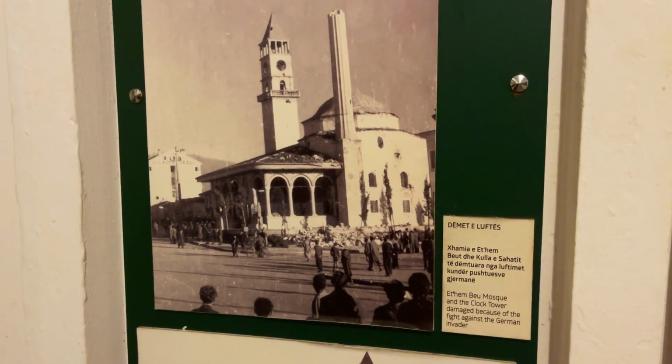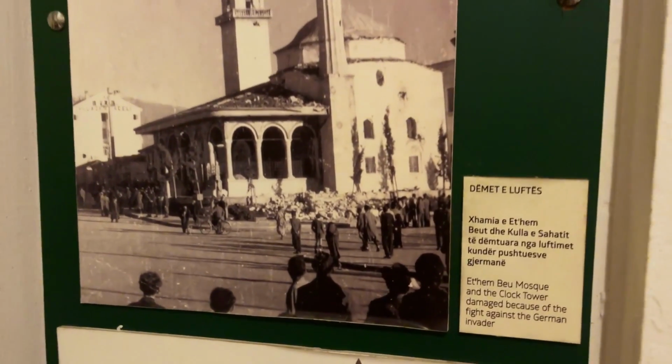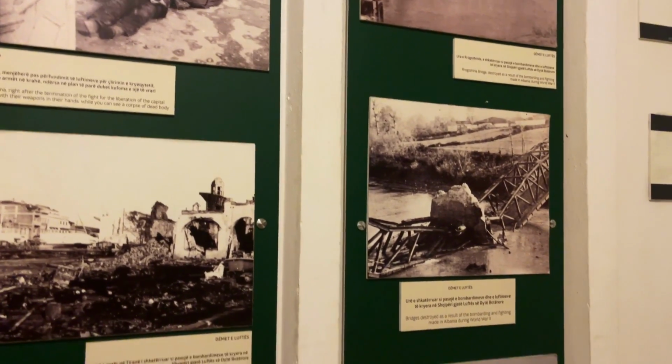So this is the mosque that I went into 2 days ago, and it says the clock tower was damaged because of the fight against the German invaders. So it's nice to see little bits of history, and especially from Juras and